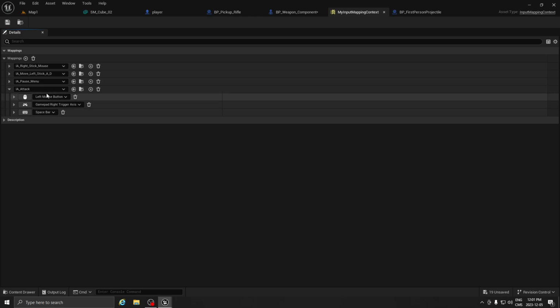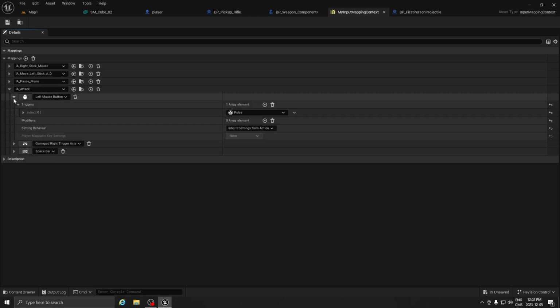So for attack here, I press on the plus here, and you're going to have an arrow that you just click on it. So what I did, I selected the left mouse button to shoot, my controller trigger, and the space bar for the keyboard. When you have that selected, expand, under trigger, click plus, expand for having access to the index,